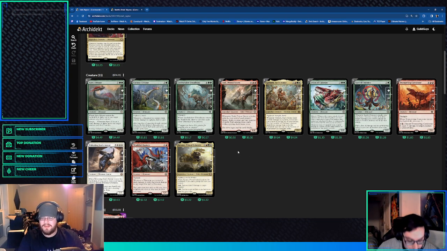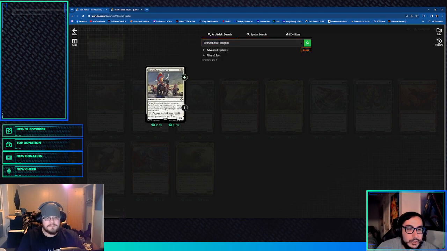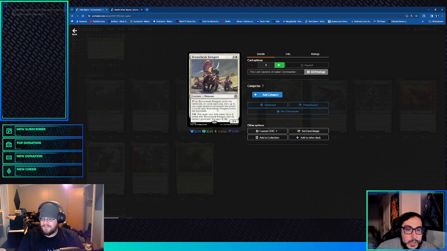How do you feel about the... I like Bronzebeak Foragers. The one that is a Grasp of Fate. Oh, okay, it's removal. I cut out a Path to Exile to play this because I want a dinosaur. That's the other one that came from...